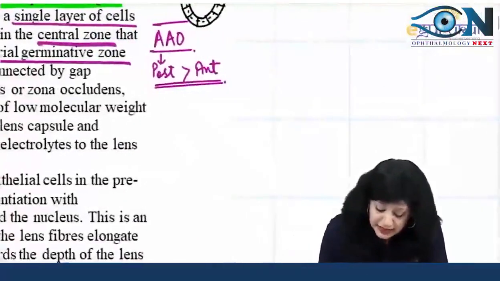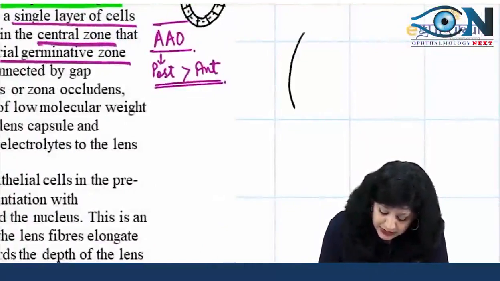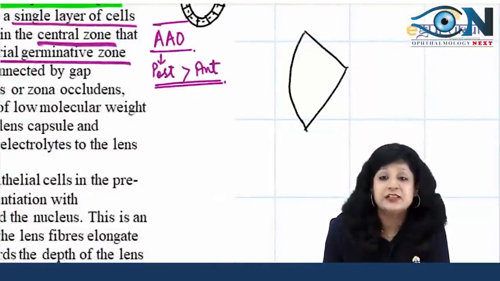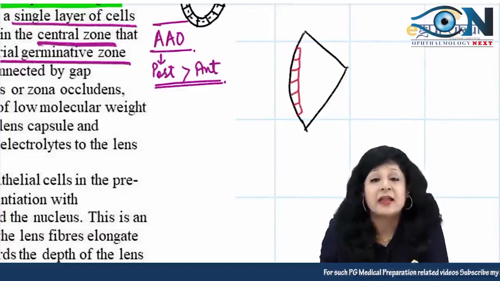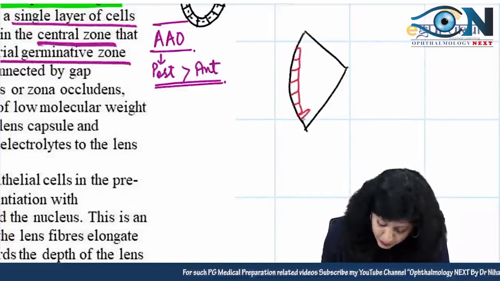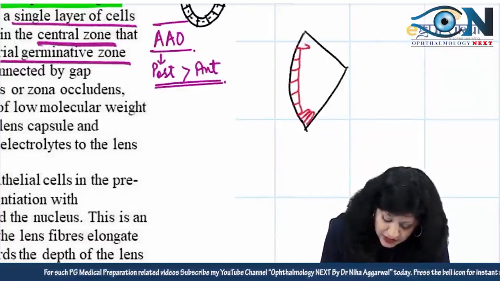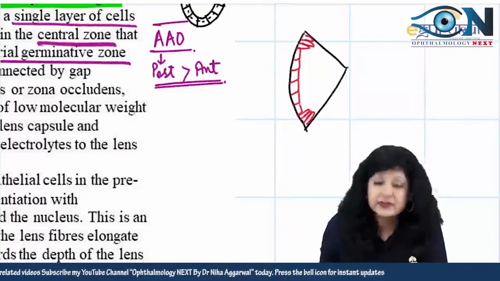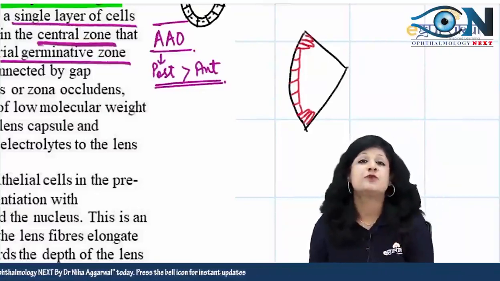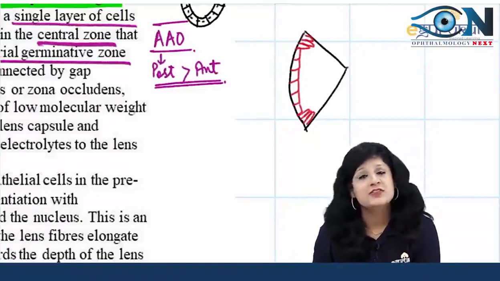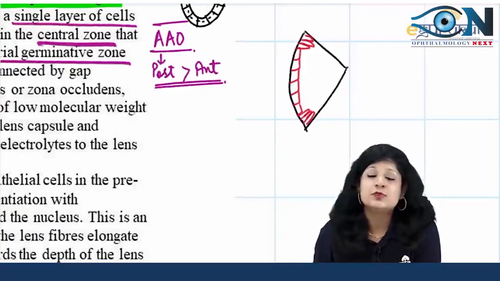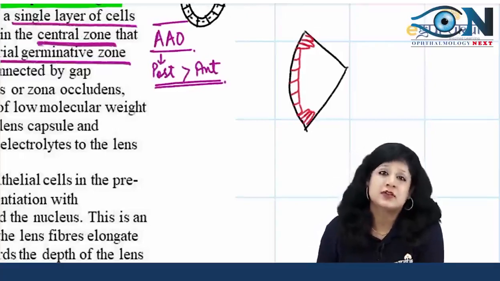So basically if I talk about the lens, we have got 2 kinds of cells. There is a single layer of cuboidal cells which are not actively dividing, and by the time they reach the equator we have got the tall columnar cells which are actively dividing, and these are the cells which are responsible for the active growth of the lens throughout life, and these are also the cells which are responsible for the development of posterior capsular opacification after cataract surgery.